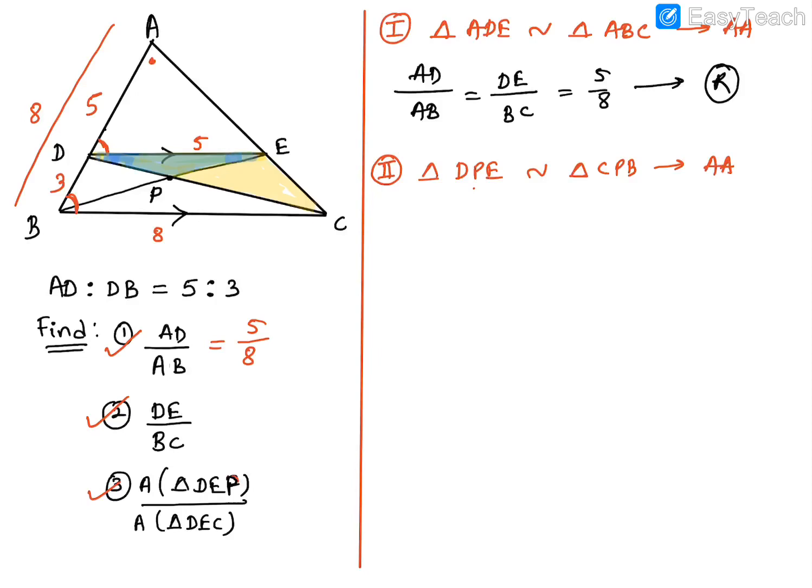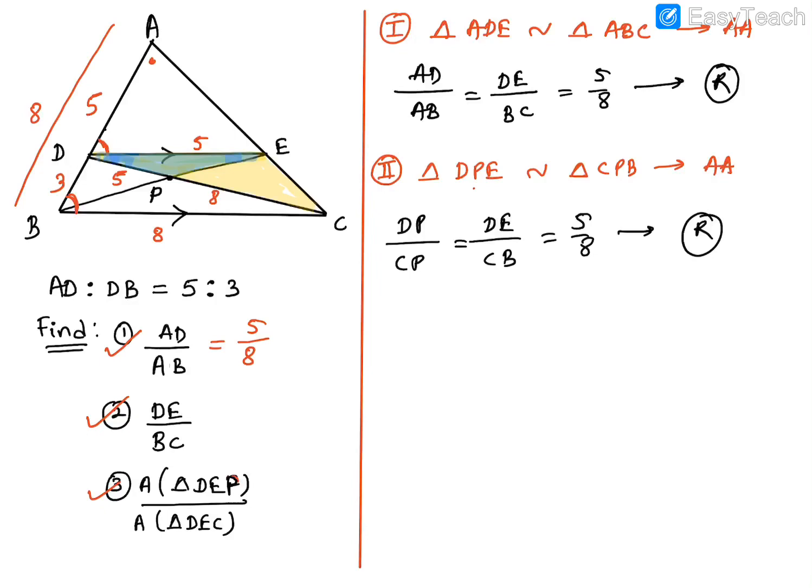Now see, guys, after you prove DP similar to CPB, why did we prove them similar? First of all, we proved them similar so that we have the ratio. Now see which ratios we need here. We will need what? DP upon CP is equal to DE upon CB is equal to 5 upon 8. Again, the reason will be what? Corresponding sides of similar triangles are in proportion. So now the DP what we've got is how much? 5. So I'll write the ratio here also now. DP is 5. PC is how much? 8.